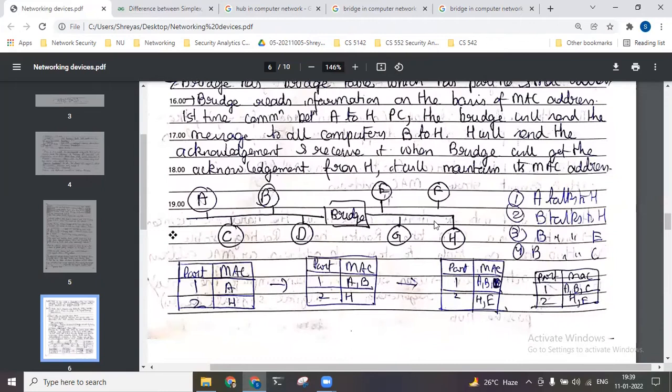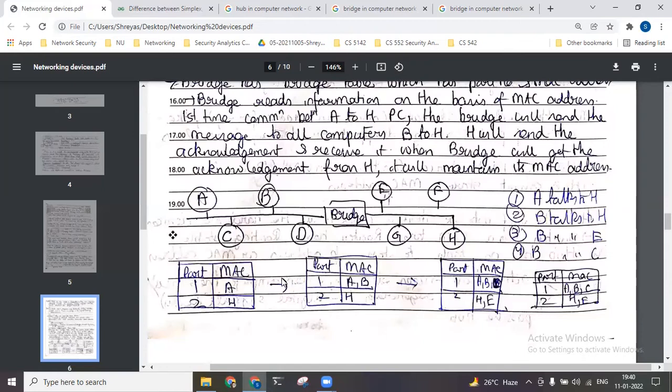Port 1 has the MAC address of PC A and port 2 has the MAC address of PC H. Now the second time, computer B wants to talk with computer H. So what will it do? Do I have these addresses with me? I have the address of PC H with me, so no issues, port number 2 will stay as it is. But PC B is new for me, so it will update its bridge table, and now port 1 will have two MAC addresses corresponding to it. See, the number of rows remains constant in this bridge table. If the bridge has two ports, there will be only two rows.